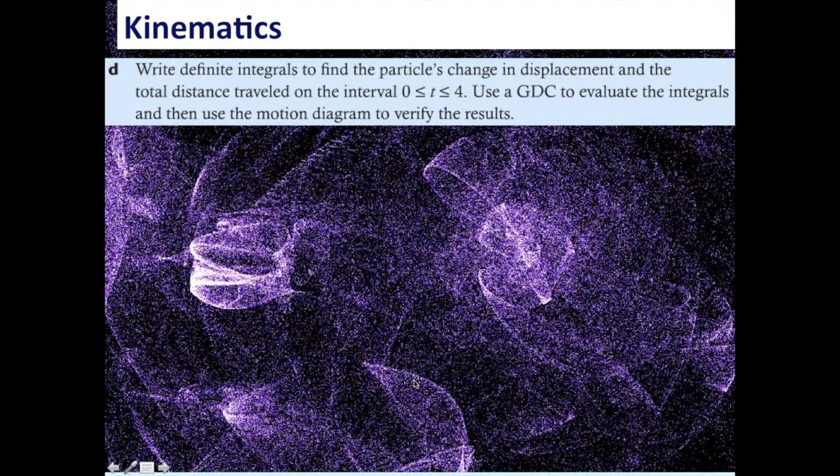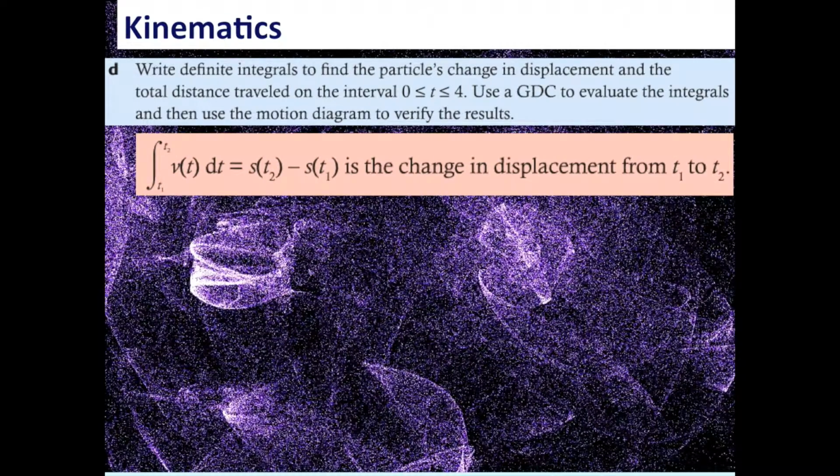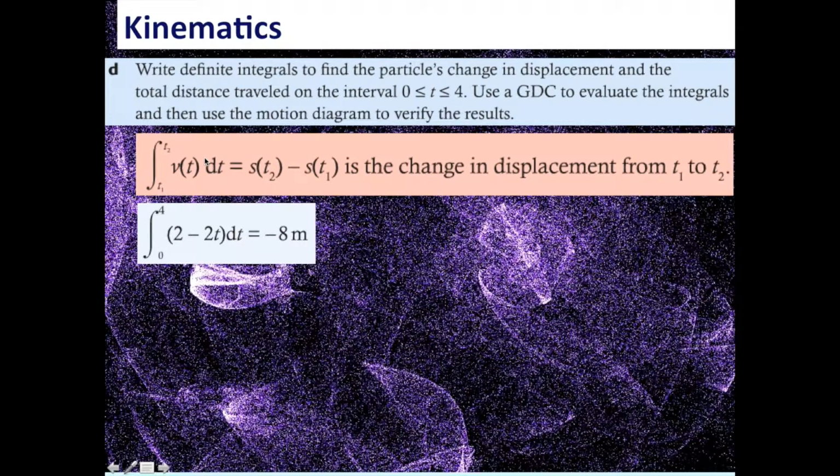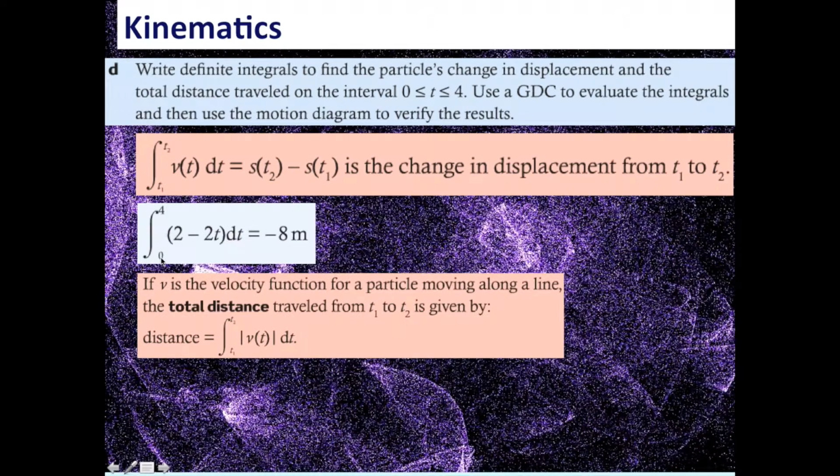Part D, write the definite integrals to find the particle's change in displacement and the total distance travelled on the interval between 0 and 4 inclusive. So first of all, we want to find the change in displacement, which is just the integral of the velocity function between t2 and t1. So we've got the velocity function, we can integrate that, and we can